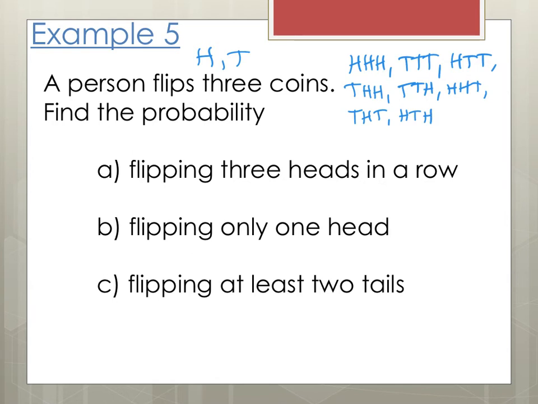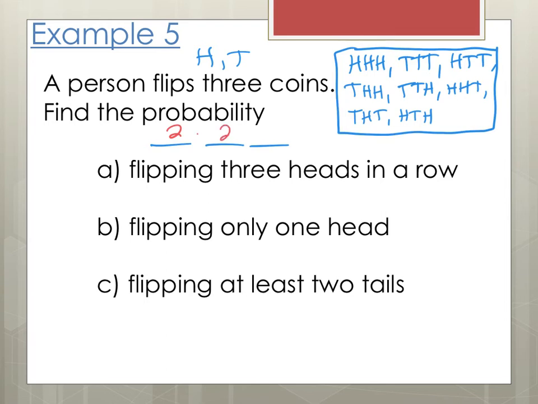In fact, it looks like we have 8 total possible outcomes here. Now, a trick to make sure you're correct on this is if you think about flipping 3 coins, if you think about these as outcomes, well, we have 2 outcomes in the first flip, right? And we have 2 outcomes in the second flip, and 2 outcomes in the third flip. If we multiply those together, that's going to tell you how many you should total have here. And it looks like 2 times 2 times 2 is 8, so it looks like this would be our correct